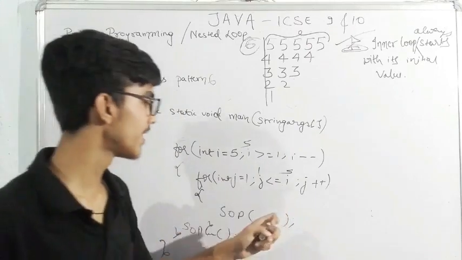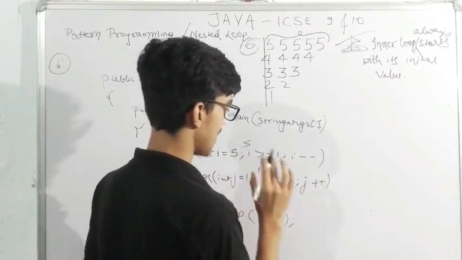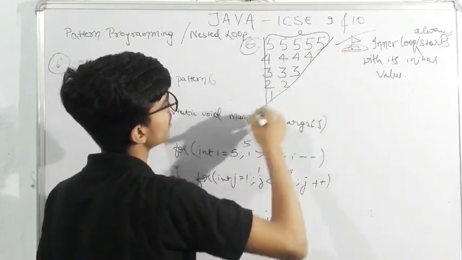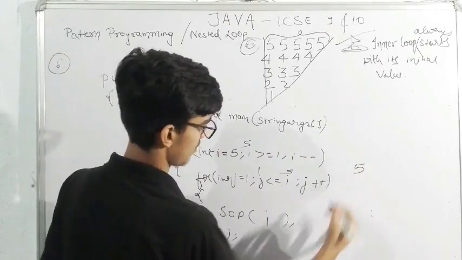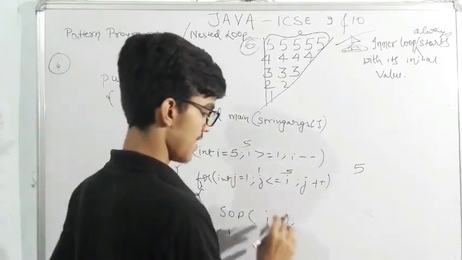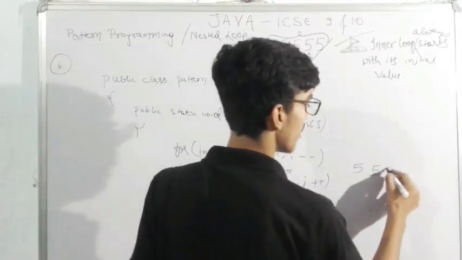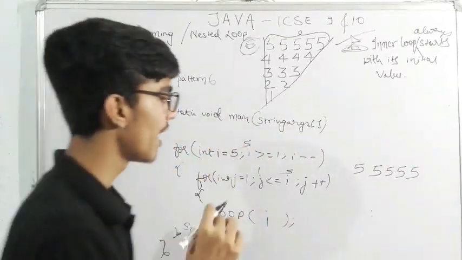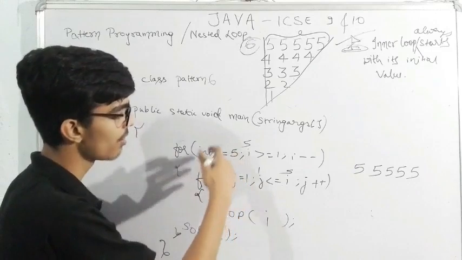So the value of I is 5 here. So 1 is less than 5, yes, true. So we will print the value of I here. We'll write the value of I because this program fulfills the value of I. So we'll write 5 once. j will become 2. 2 is less than 5. Yes. And print I. The value of I is 5. 3 is less than or equal to 5. Yes. 4 is less than. Yes. 5 is less than, but it is equal to 5. So we'll write 5 here. And 6 will not work. The condition will become false and I will become 4.